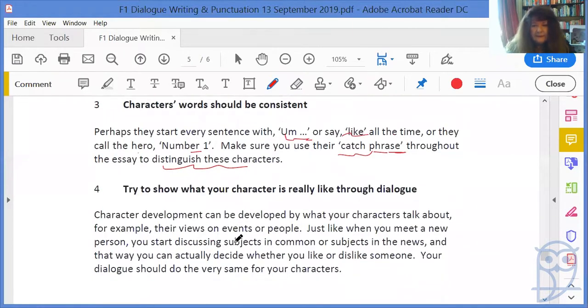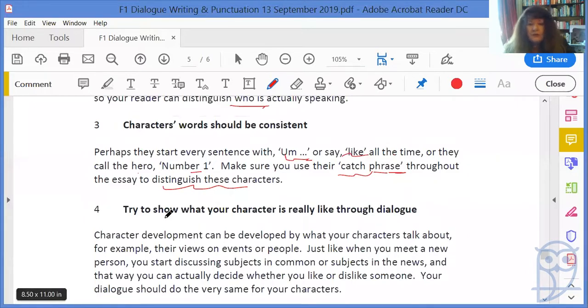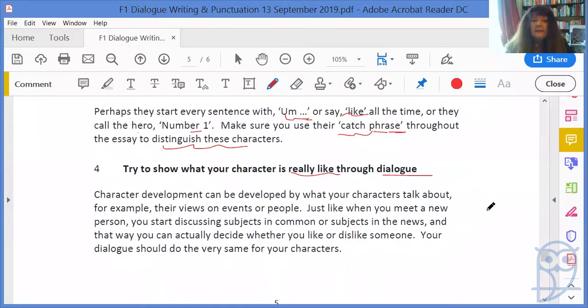Then finally, try to show what your character is really like through dialogue. You want your person to be strong. You want your person to be heroic. You want your person to be smart. You've got to show that through what they're saying. Okay? Character development